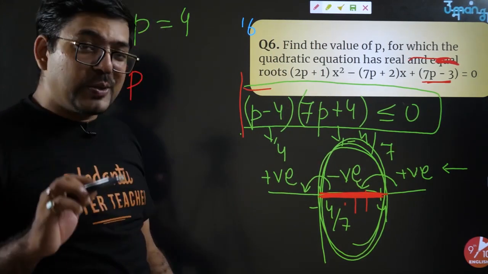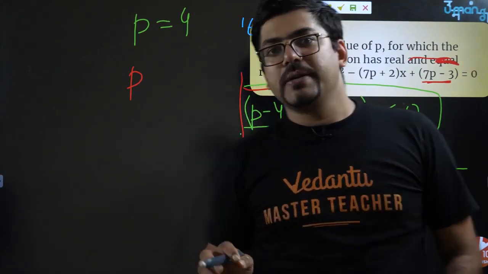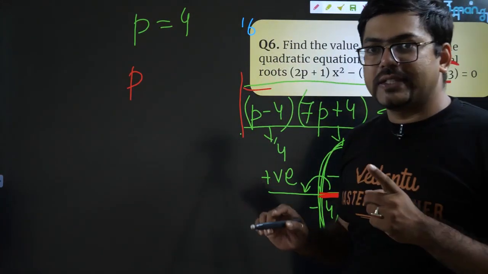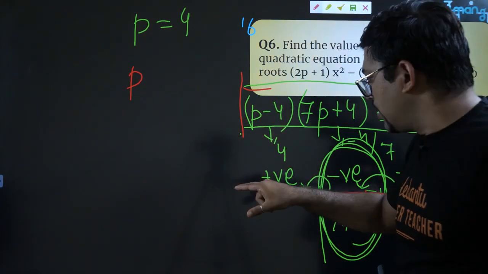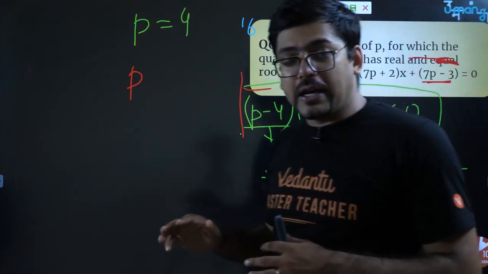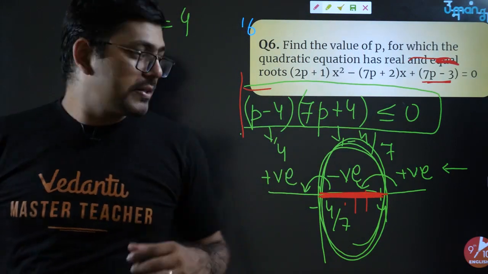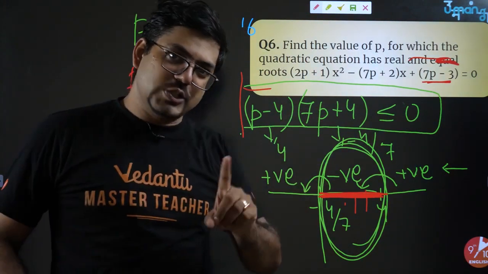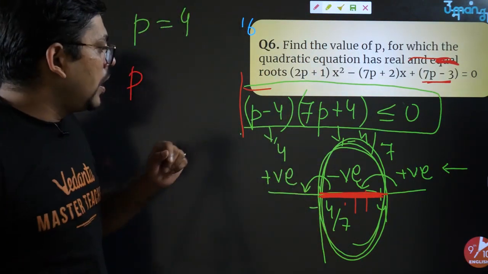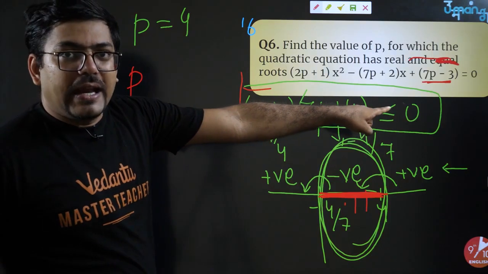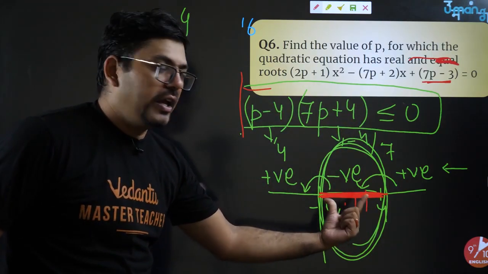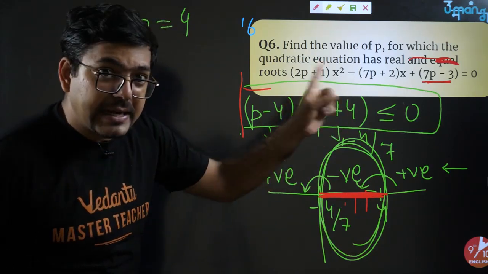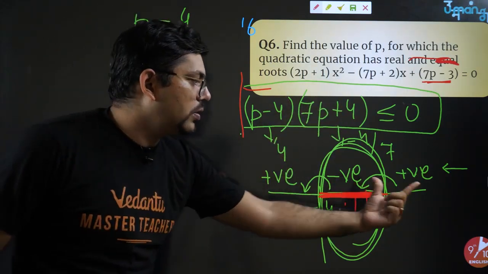Please, if you're not able to understand it right now, it is a very long concept. So just remember one thing, how I made you understand to make this number line graph, how you have to make this number line and put the zeros. This you have to remember. And second thing, if the question is asking you less than 0, you have this area as your answer. If the question would have asked you greater than 0, this would have been your answer.